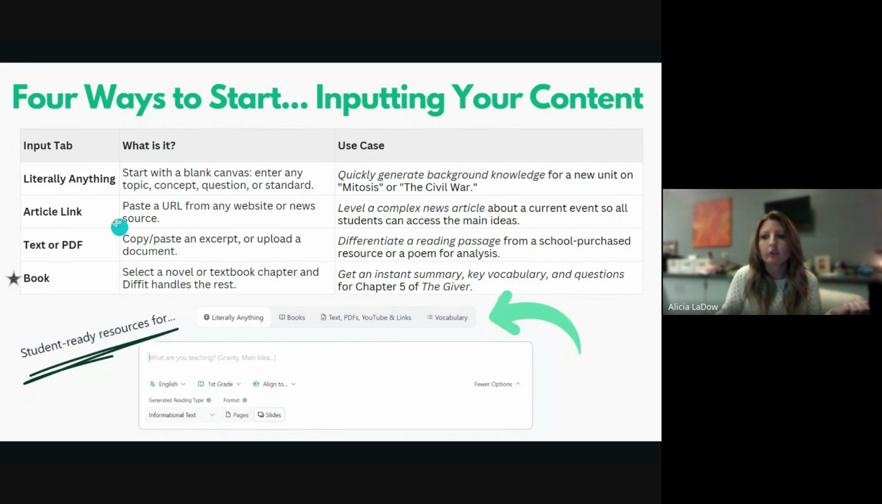So you can also do an article link. You can paste a URL from any website or news source. So I think this is really good for a couple reasons. If you were to send your students to like CNN or somewhere to read an article, there's a lot of ads that your kids are going to see. And then people can also comment on news articles, and that may not be the content you want your kids